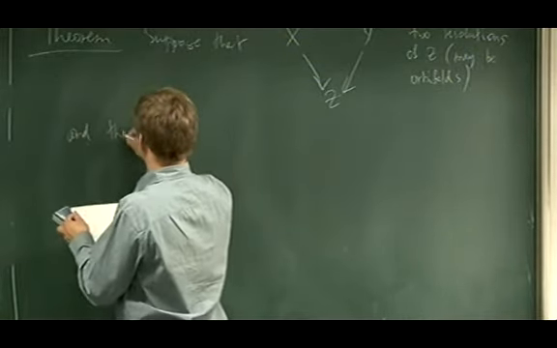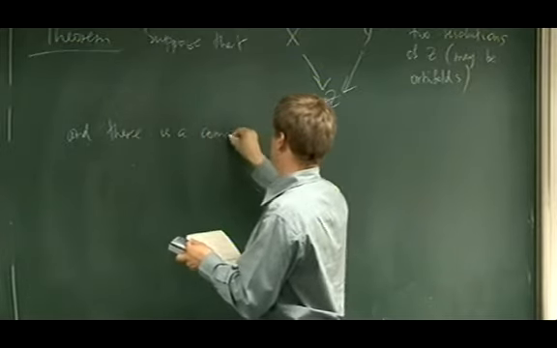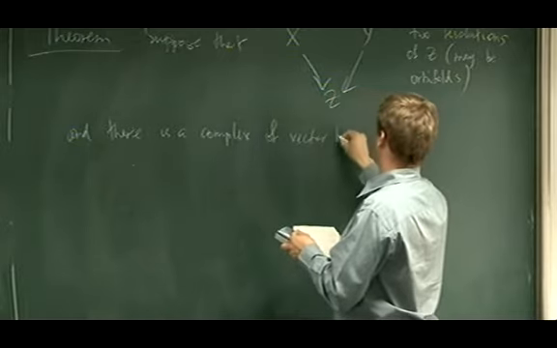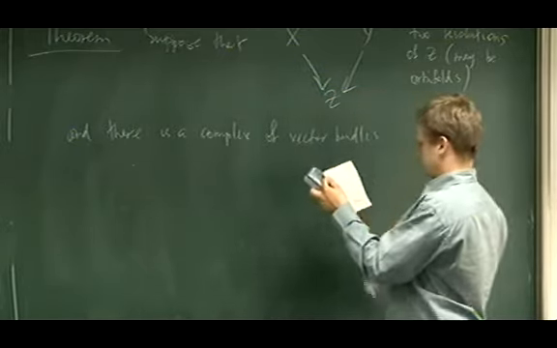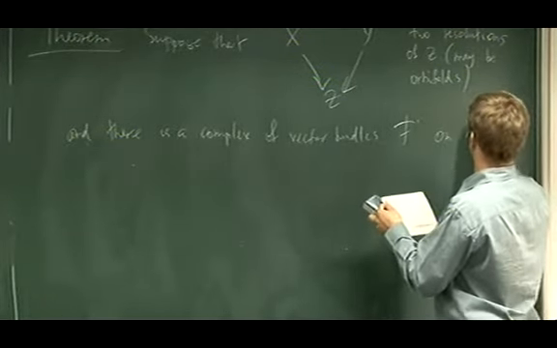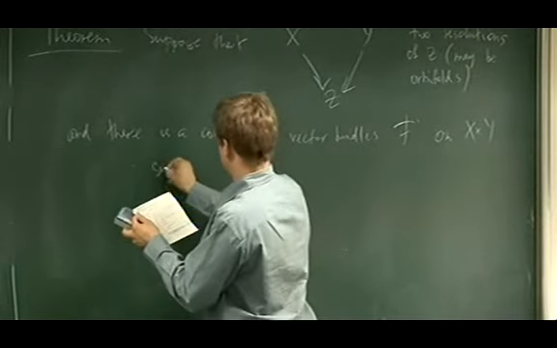And suppose there is a complex of vector bundles F with dot on their product X times Y, such that